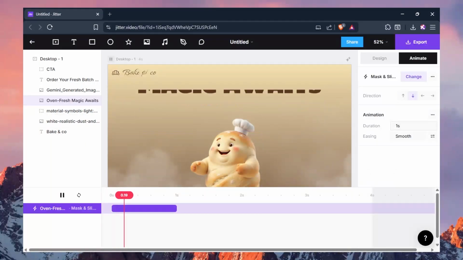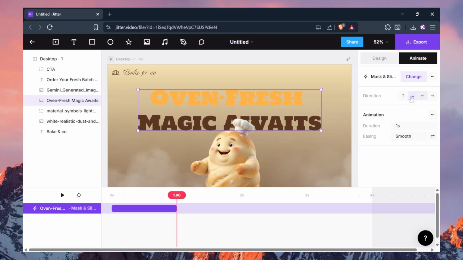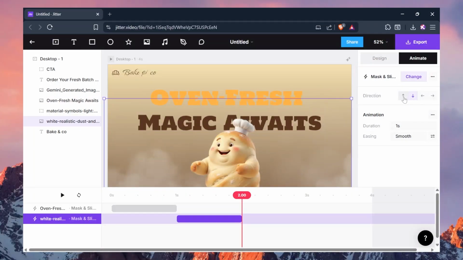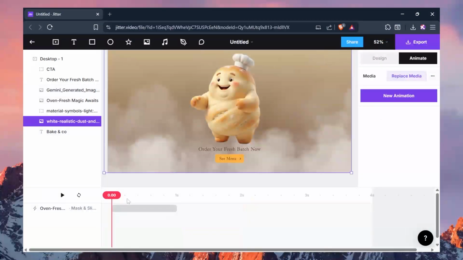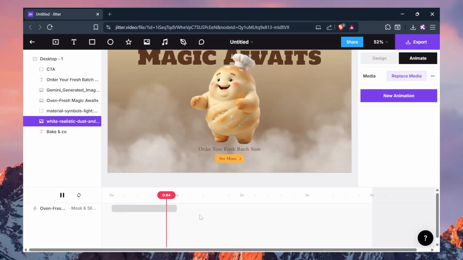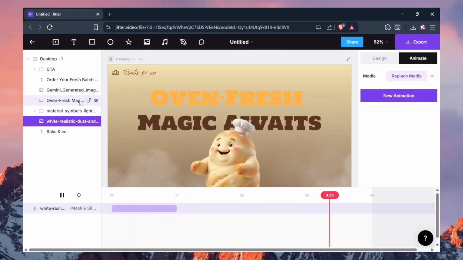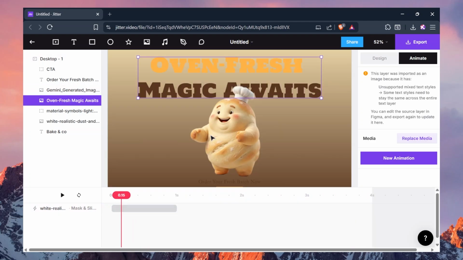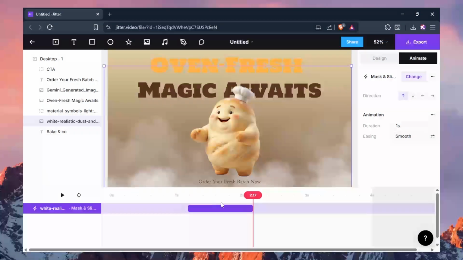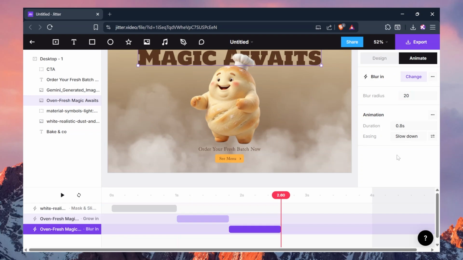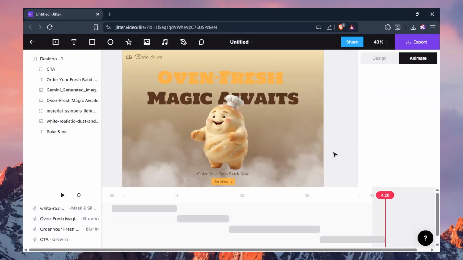I'm going to select mask and slide in, and you can change the direction of your slide in from here. So I'm going to select the down to up, and you can see it is right here in the timeline. So that was our first animation. You can use all the different elements and animate them accordingly. You can even drag them around this timeline to decide when to align those elements. In animation settings, you even have the animation duration as well as other settings. So I've added a few animations to all these elements,